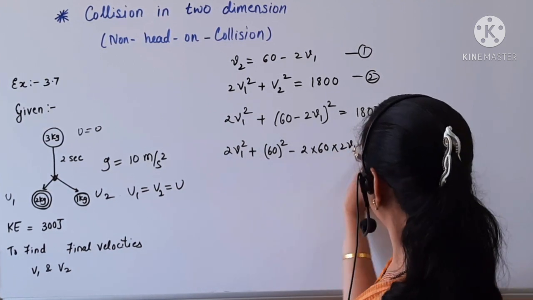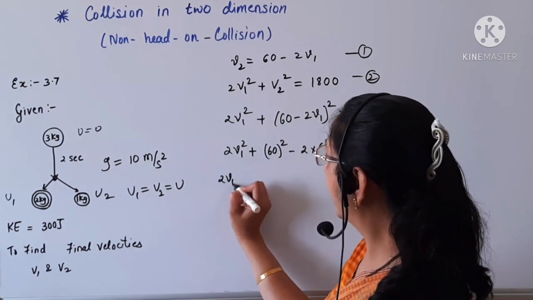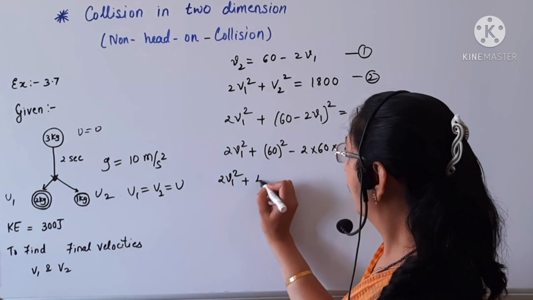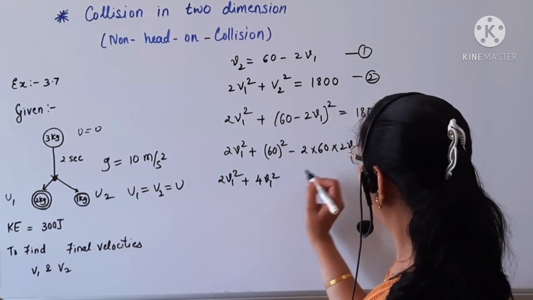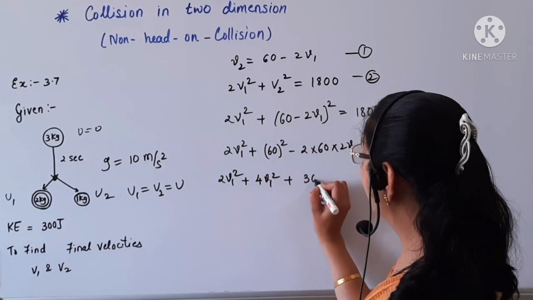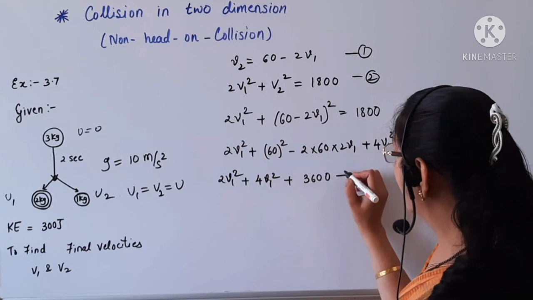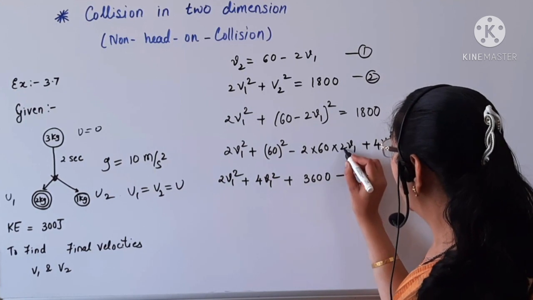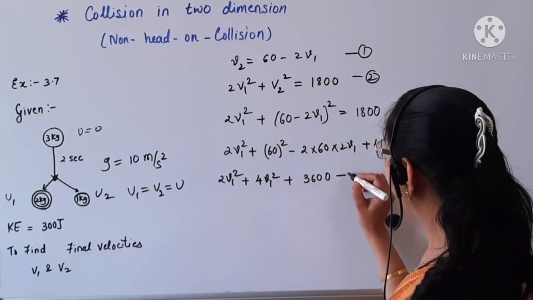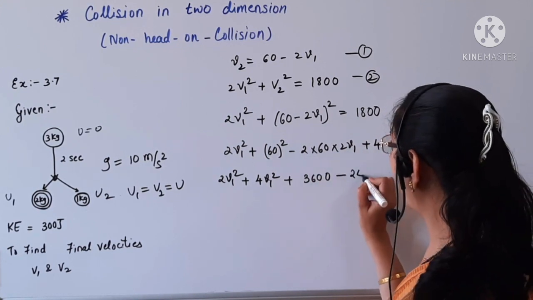Now, taking v1 square on one side, we get 2v1 square plus 4v1 square plus 60 square, that is 3600, minus 60 into 2, 120 into 2, that is 240